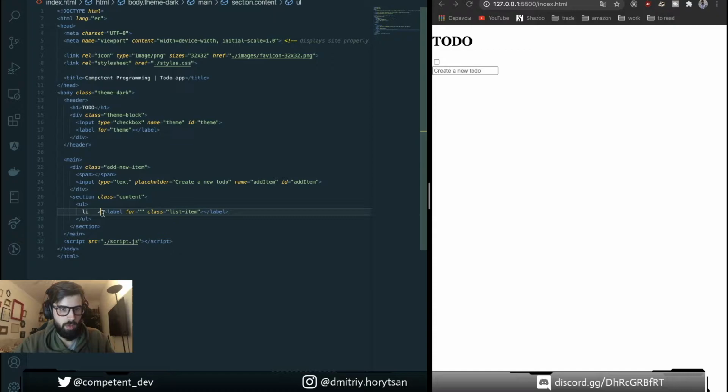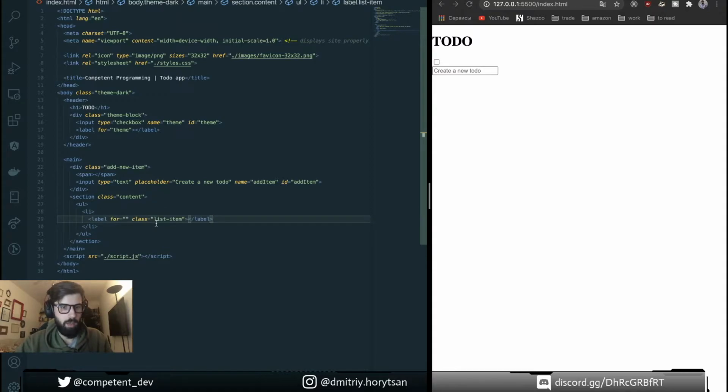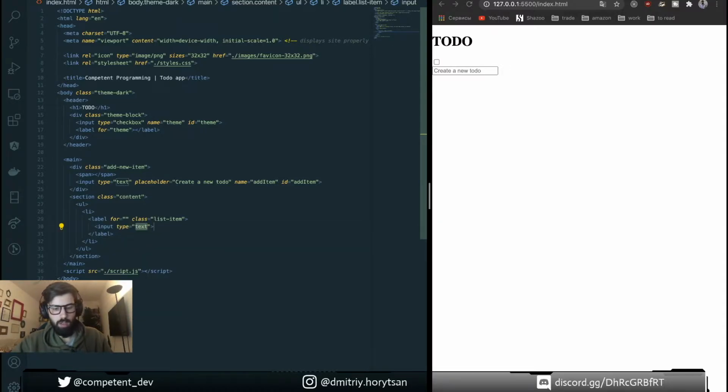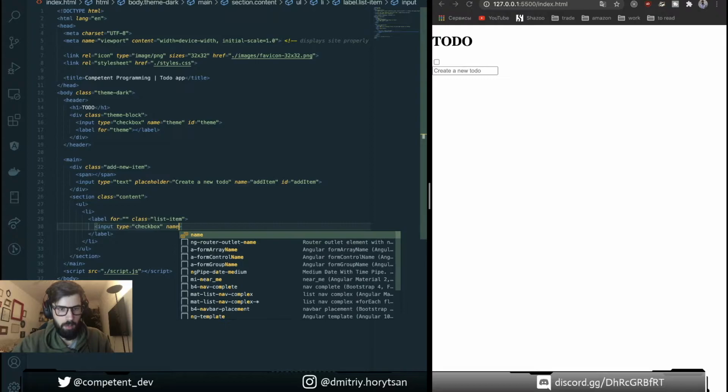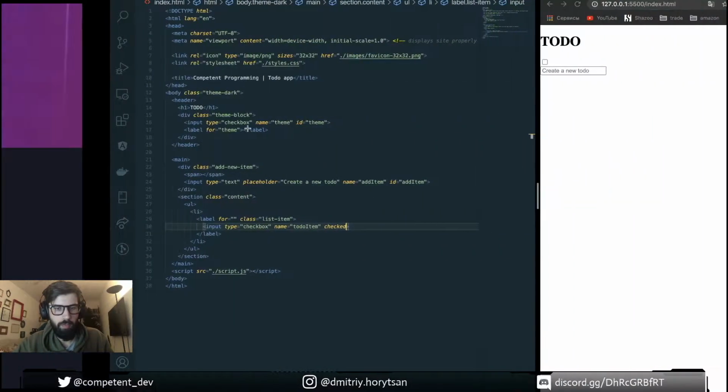It's not working properly. Okay, li label, and each label should contain input, checkbox, name to do item. The first one by default will be checked.